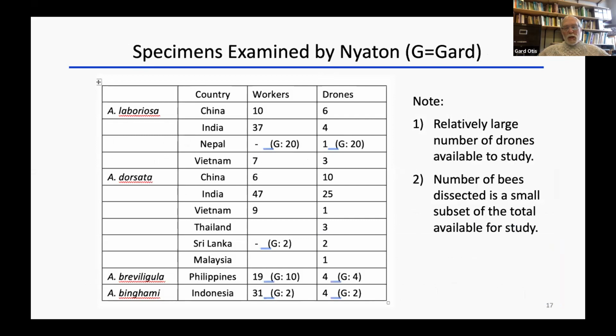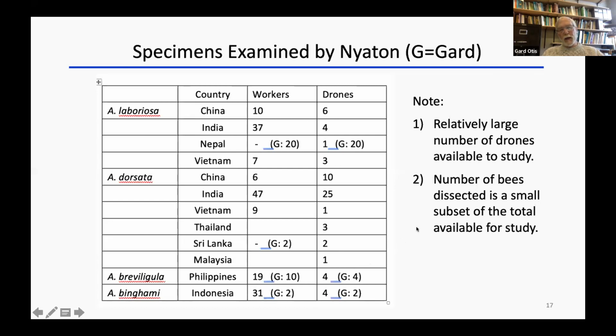So as I mentioned at the beginning, our collaborators who've shared specimens with us, we've been able to compile a fairly large data set of samples to examine, both workers and drones from across Asia, across their ranges in Asia. We don't have huge numbers of bees here, Breviligula and Binghamai. We don't have huge numbers of drones to look at. Yes, there are small numbers in some of these, but nevertheless, we have a wide distribution of bees, which I'll